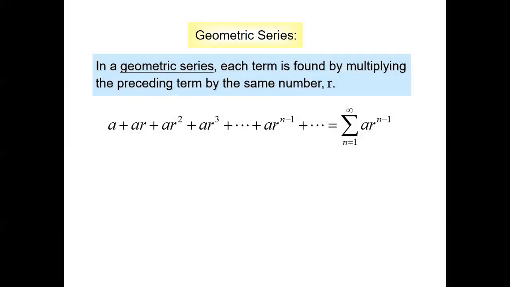So here's the example that we looked at originally. A geometric series is just like a geometric sequence where we're multiplying by a common ratio. You can see each term in this series is just multiplied by an additional r value. So times r, times r, times r. Ultimately, the expression for the sum is n equals 1 to infinity of a times r to the